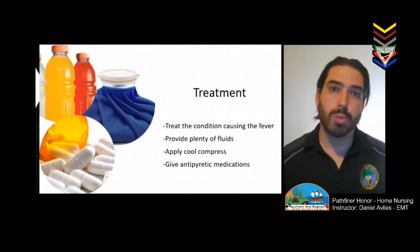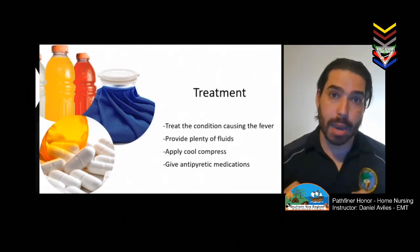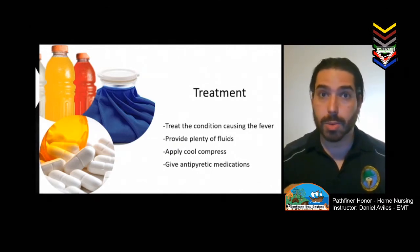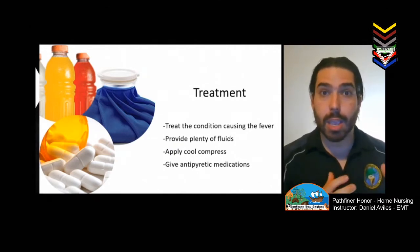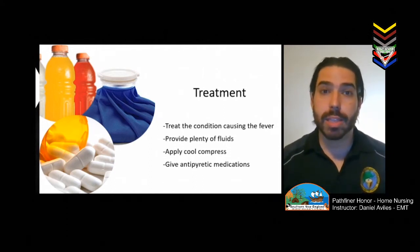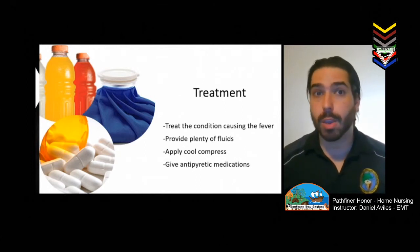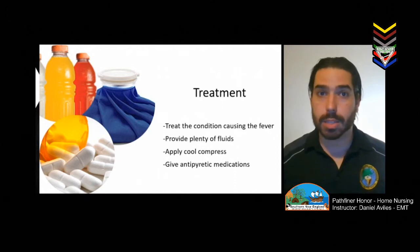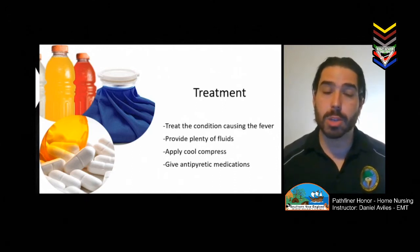Why? Because when you drink something cold, all that cold liquid goes to your stomach, and now your stomach needs to pull blood from all over your body, which is what is carrying that heat from the fever. All right? So the blood is pulled to the stomach to start warming up the liquid, so it can go from the stomach into the intestines to be absorbed. So when the blood goes to the stomach, after the person drank something cold or cool, that blood is there churning, moving the stomach, allowing it to do its function. And the coolness of the stomach is starting to cool off the blood. So that would actually help the person